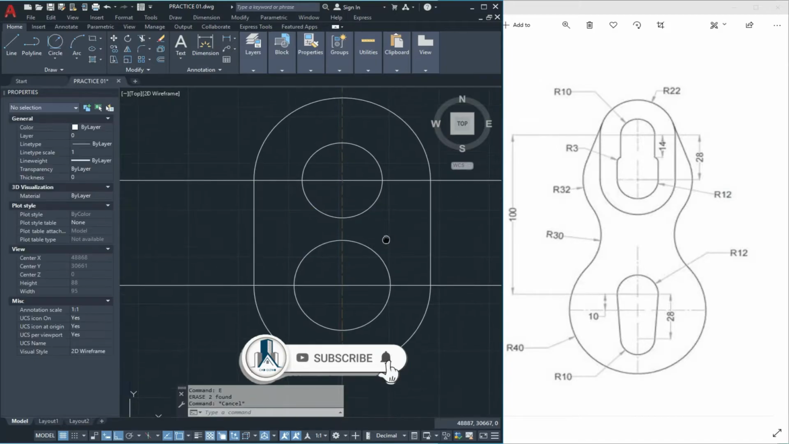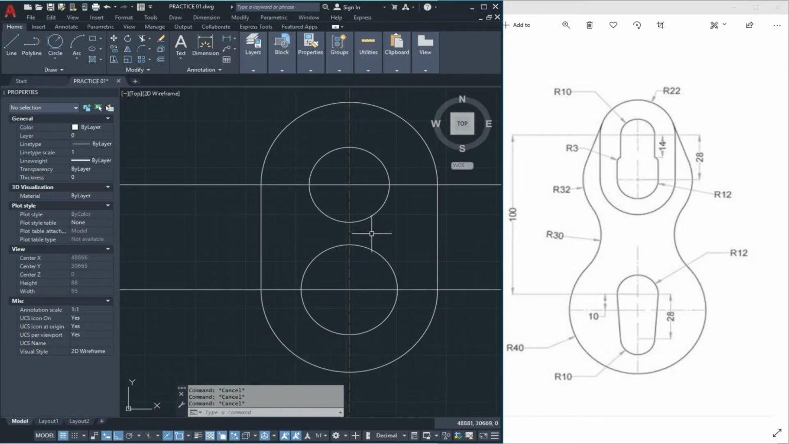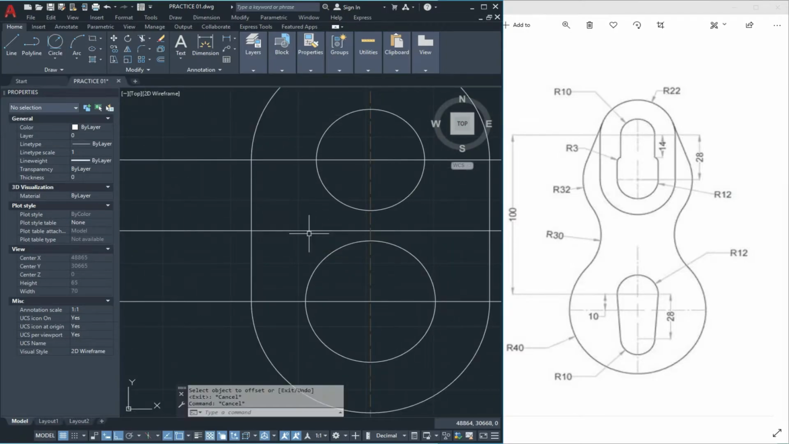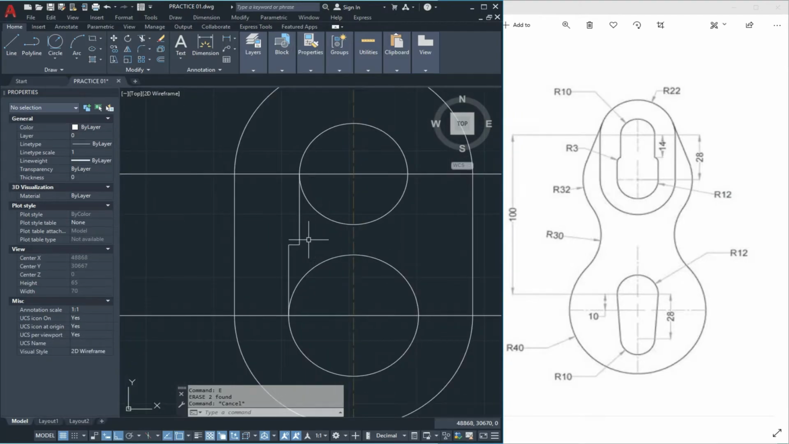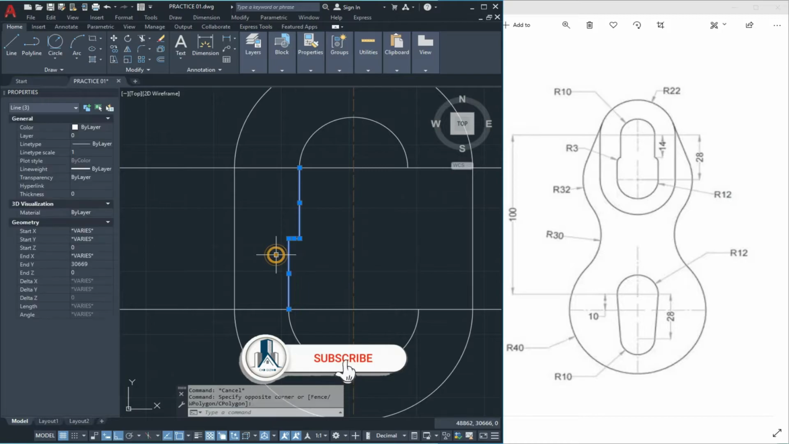and delete this. Now we give the offset 14 units like this, and we extend the line, and with TR double enter and delete it. Now we trim this circle also and mirror it